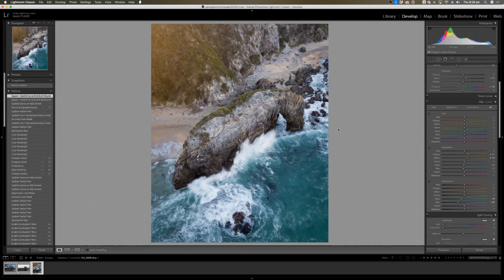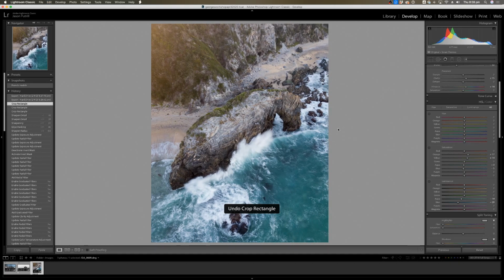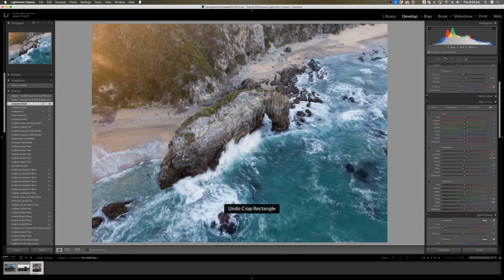Now I'm just going to press Command Z here to undo because we cropped the image. I'm just going to press Command Z a few times so we go backwards to the point where we're not cropped anymore. Now you could step back via the history tool. I just want to make sure that we're doing this right. Okay, so we're back with the crop, with the last step being sharpen detail in our history panel over on